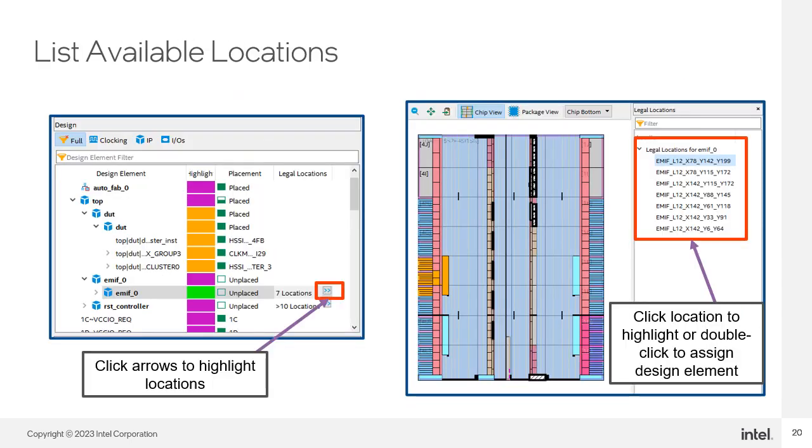location assignment. To find the legal locations for your elements, click on the two greater than symbols next to the element you wish to place. Once that is done, the legal locations show up in the main chip view area, as we saw on the previous slide, along with a listing in the right panel of the software tool. You can also make a location assignment by highlighting the interface element and double-clicking on a location listed in the